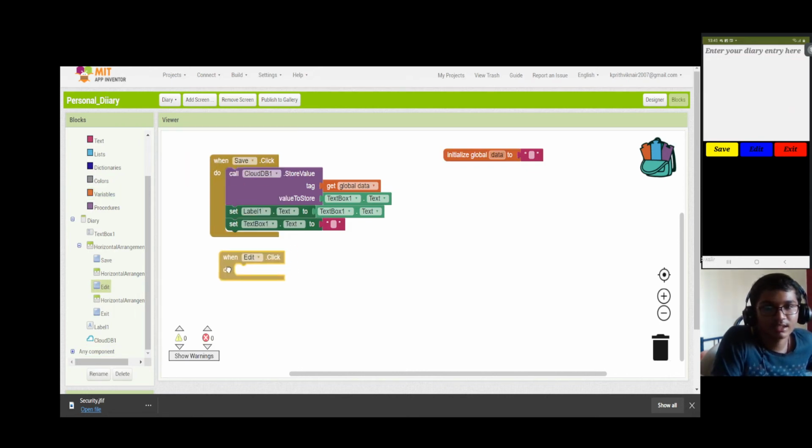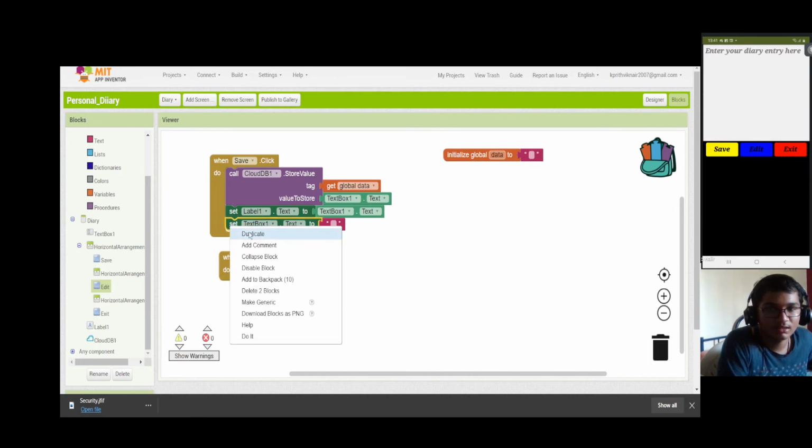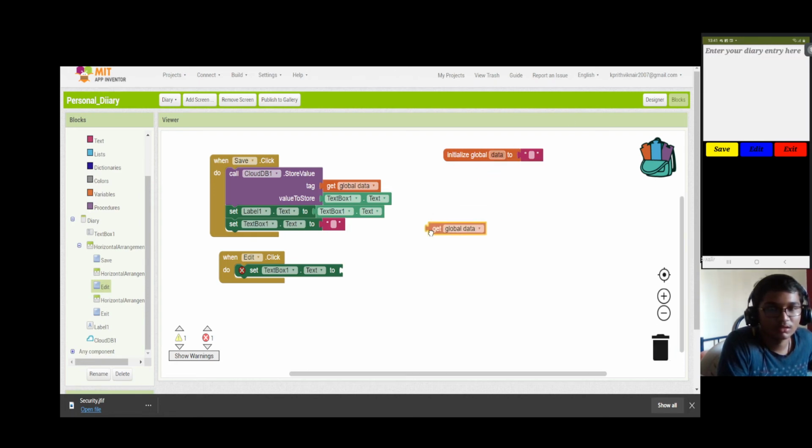When edit button is clicked, the text box 1 should get the value from the variable data. So when it is clicked, set text box 1 to the global data,